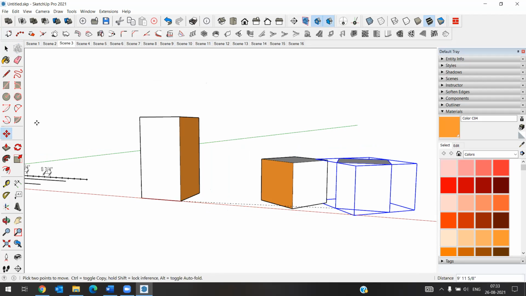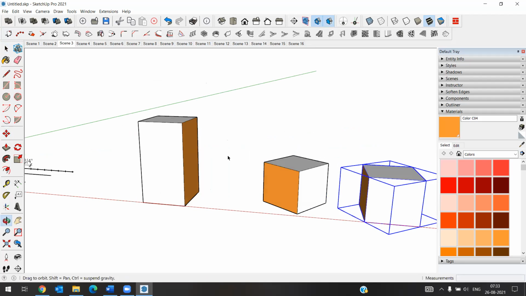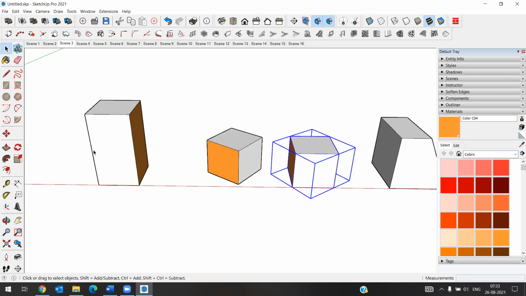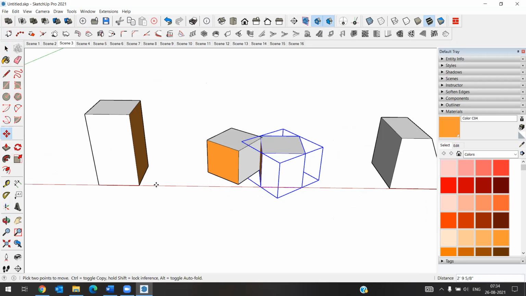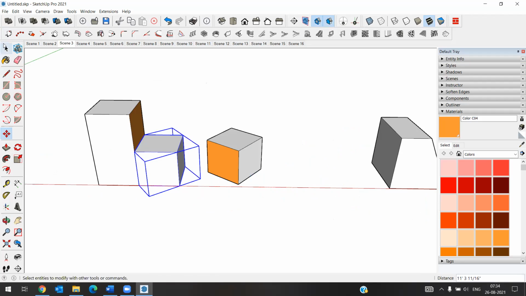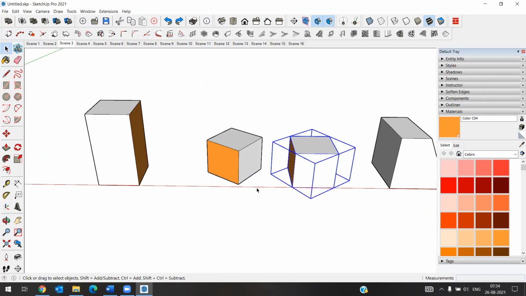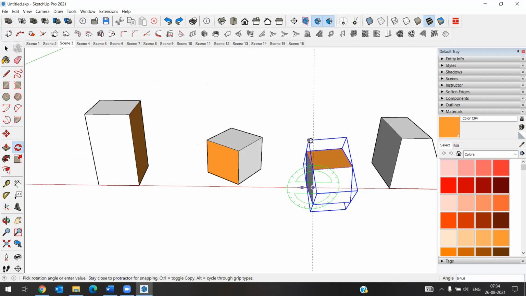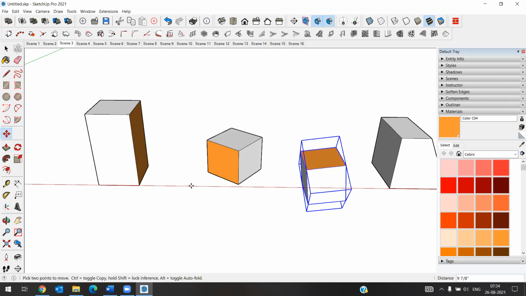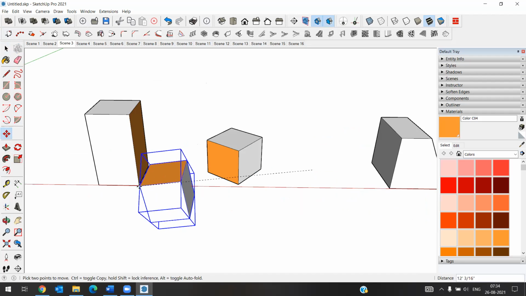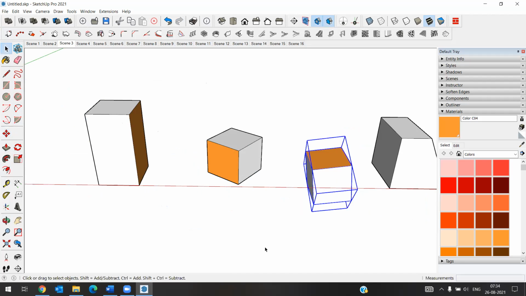Okay, means the object, if it is in the same direction, we can easily move and align that to the particular object. Okay, but if the object is in a different direction, we can't move to the particular direction, and we have to move and rotate that to the particular thing.